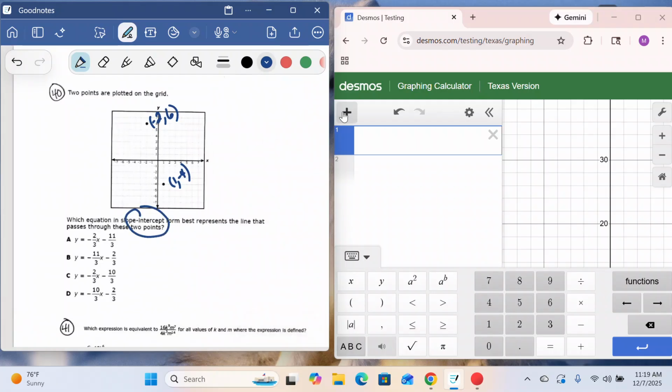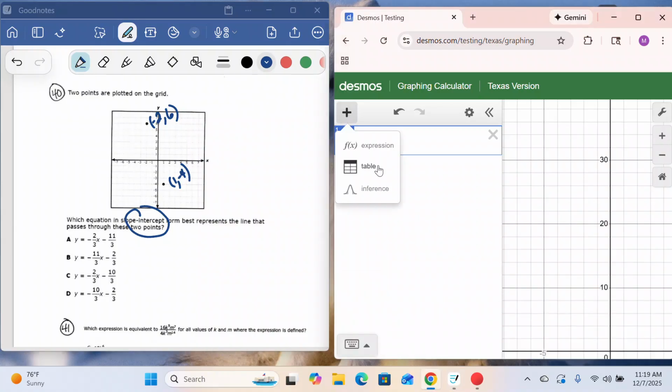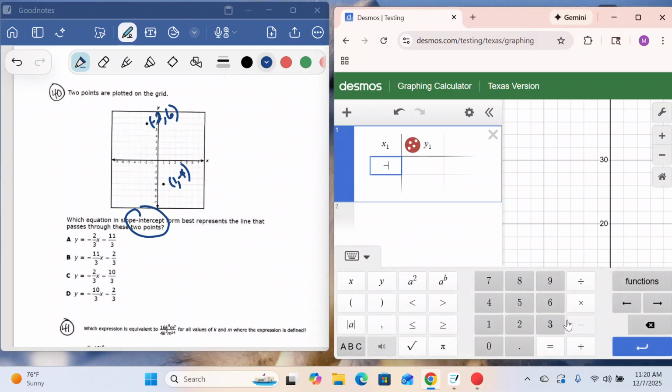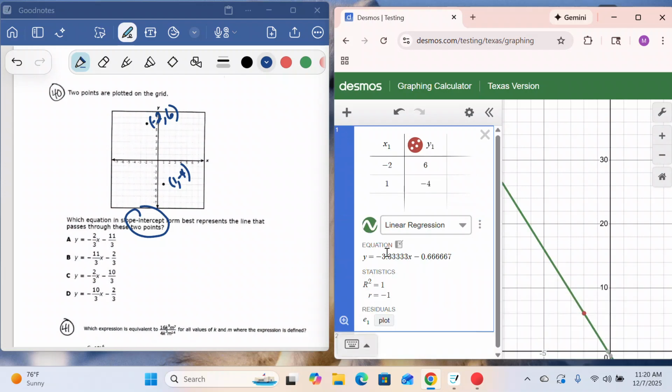So all I do is go into the table right here, and I put my table. And remember that you don't put f of x. You may want to press f of x, but don't press f of x. You want to just put -2, comma 6, and 1, comma -4. And then I'm going to add regression. And here it is. Here's my equation,